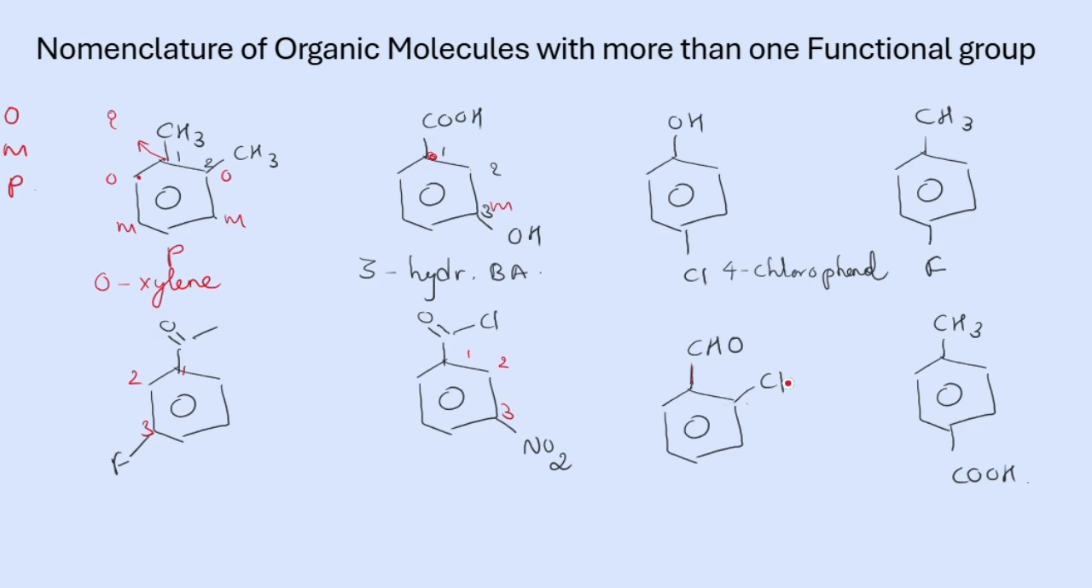Next, at the ortho position there is a chloro. Therefore, orthochlorobenzaldehyde or 2-chlorobenzaldehyde. For the last molecule, you can try naming this molecule, and if you want to verify the answer,